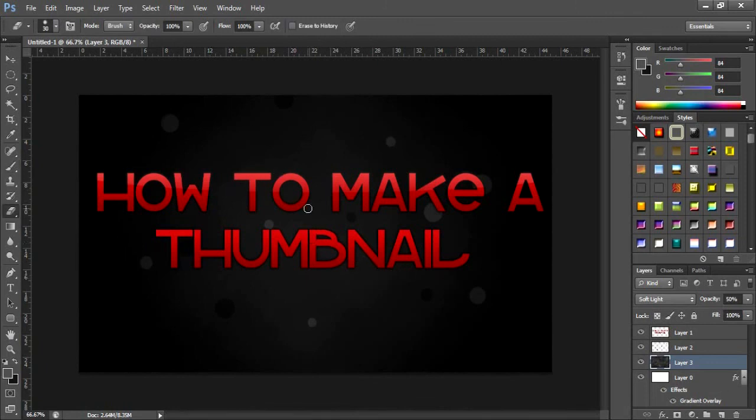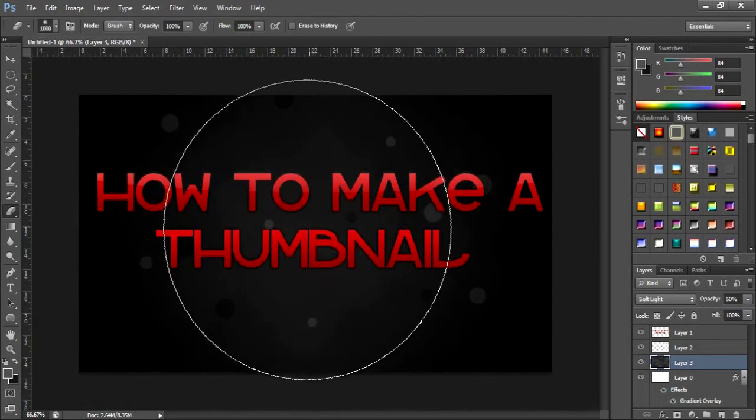And go on your eraser if you want to take it the extra mile and just make it so it's about that size in the middle,